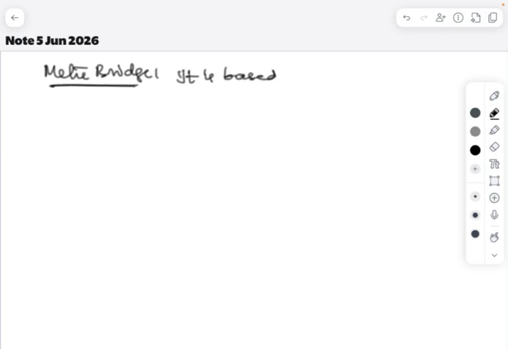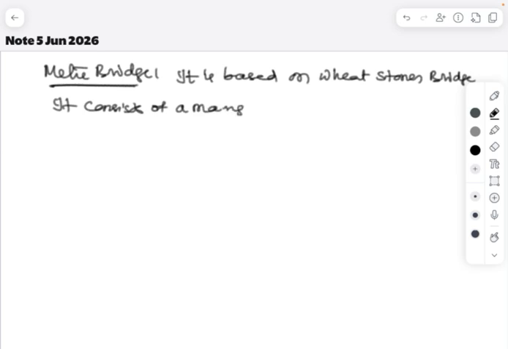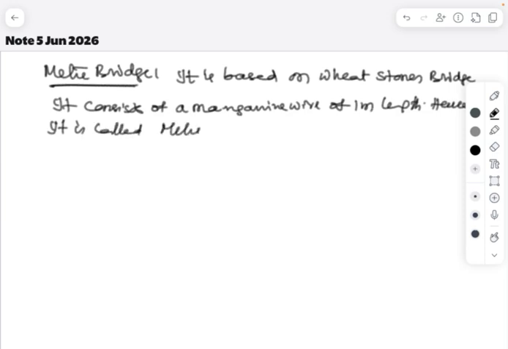It is based on Wheatstone's bridge. It consists of a manganese wire of 1 meter length. Hence, it is called meter bridge. In this,